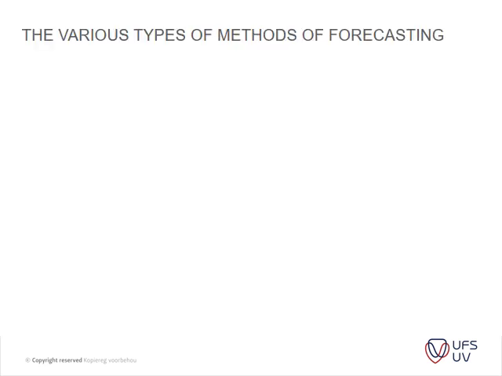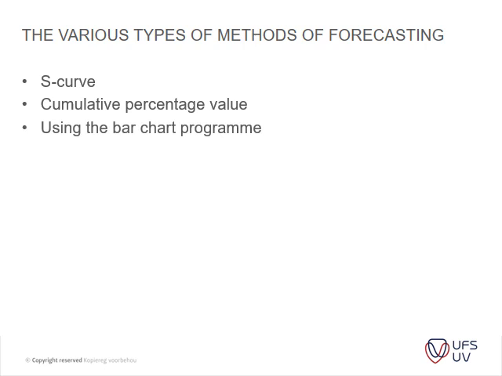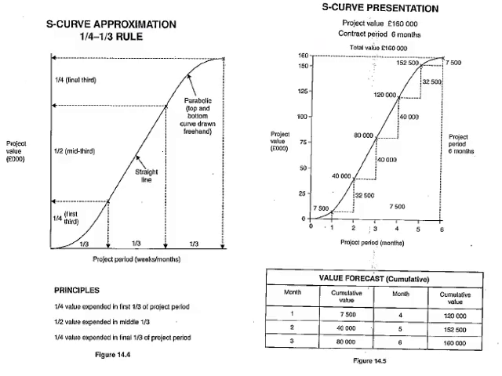Okay, the various types of methods of forecasting are the S-curve, the cumulative percentage, using the bar chart program, the good guess method, and we usually use the bar chart program because that's the most accurate and most scientific way of actually doing it. But sometimes you don't have the time to do that, so then you will sometimes use